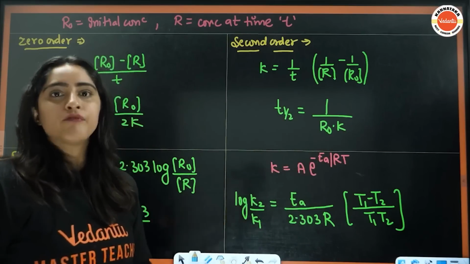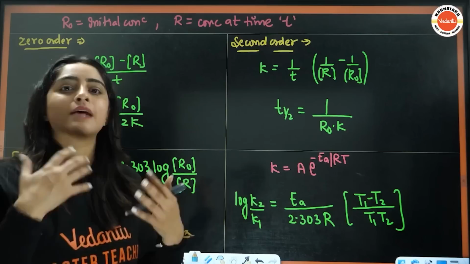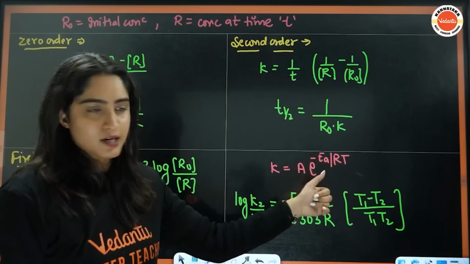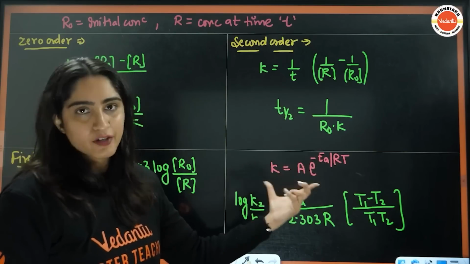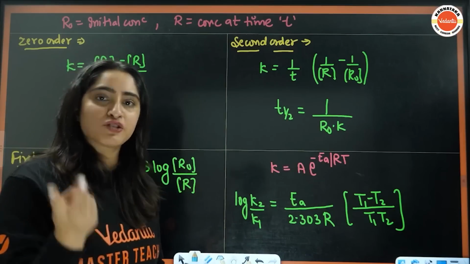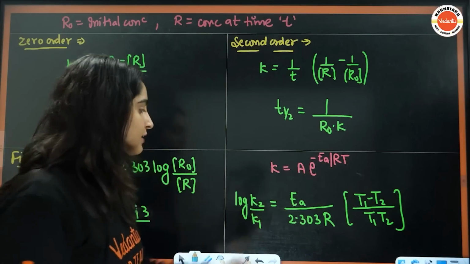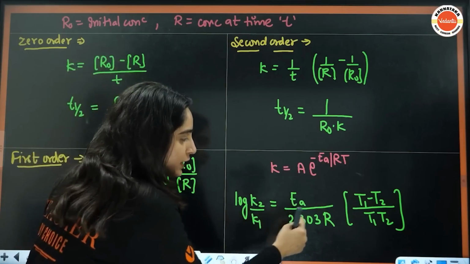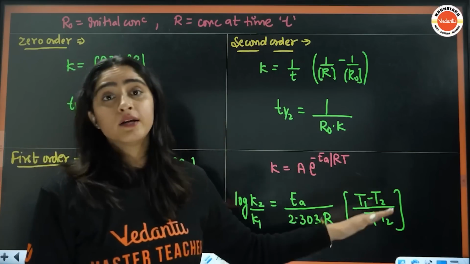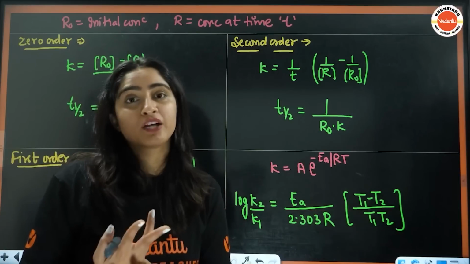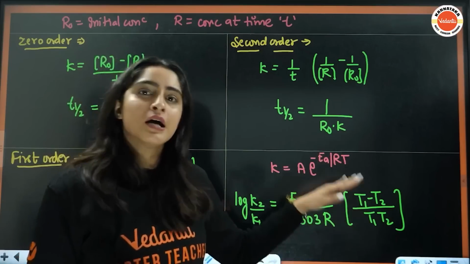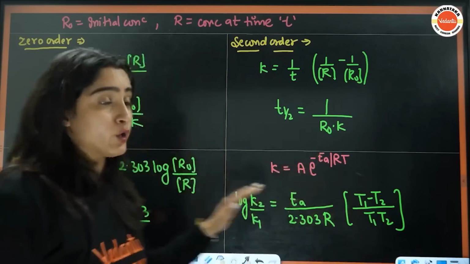Next we have the Arrhenius constant and activation energy. A is the Arrhenius constant and Ea is the activation energy. This is the direct formula for the rate constant. After this, applying this formula for one temperature and another temperature, T1 and T2, we get log K2 by K1 is equal to Ea over 2.303 R, times (T2 minus T1) divided by T1 into T2. So you will be given two temperatures and you have to calculate the activation energy or something like that. Some terms will be missing here, and this formula is also very important for your numericals.